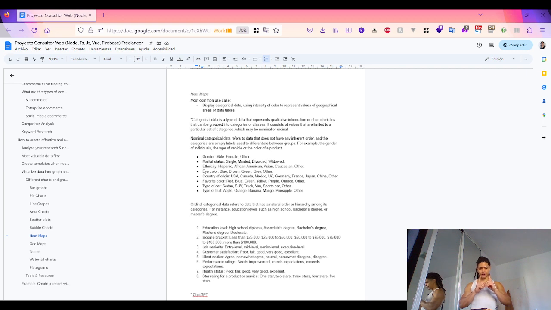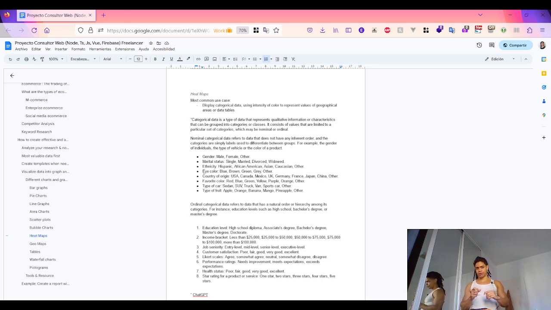It allows you to display categorical data, meaning data that can be grouped, whether it's nominal, where there is no inherent order, or ordinal, where it has an inherent order. I'm going to make a pause here because this is very important, especially when you're going to show data with heat maps. Heat maps allow you to display categorical data, meaning data that can be gathered in groups, whether it's nominal, which doesn't have an inherent order, such as color, type of hair, fruit, gender, ethnicity,